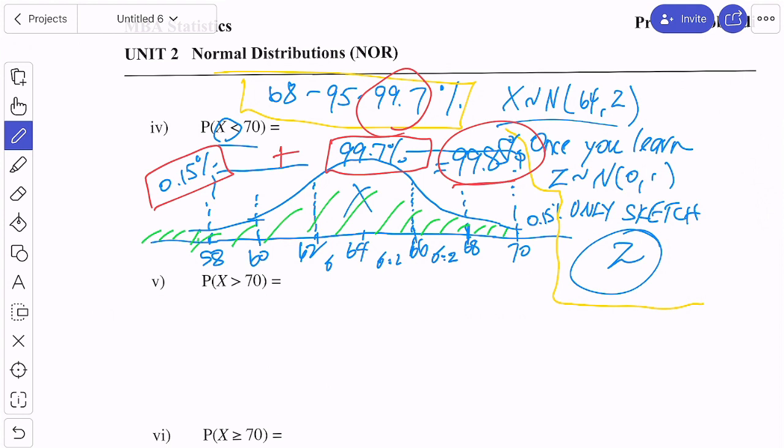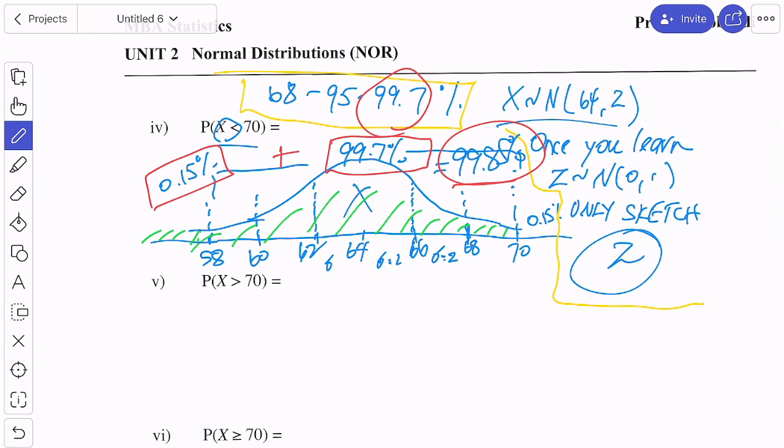All right, so people who came late and don't know what I'm doing, I'm just solving these. I don't really want to spend too much time on this because this is going to be a very small amount of your test. Basically this is just applying the 68, 95, 99.7% rule. So I'll just put the answers here and I won't solve them. If you have problems getting the answer, you can let me know, and I can solve them somewhere else. But right now, I don't want to spend too much time because half an hour is already gone practically.